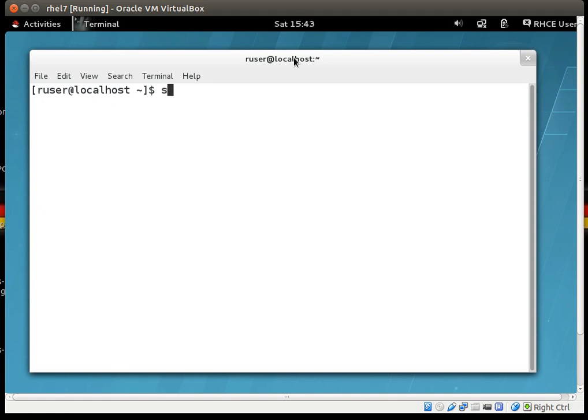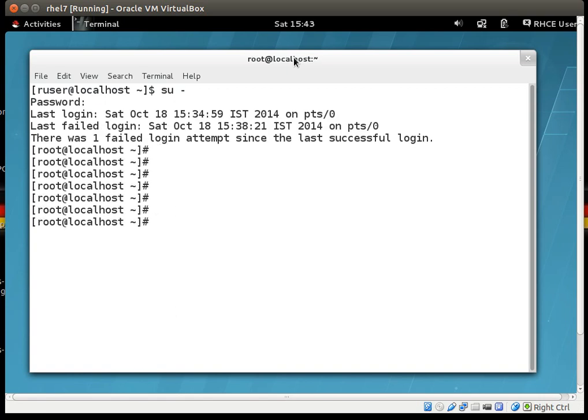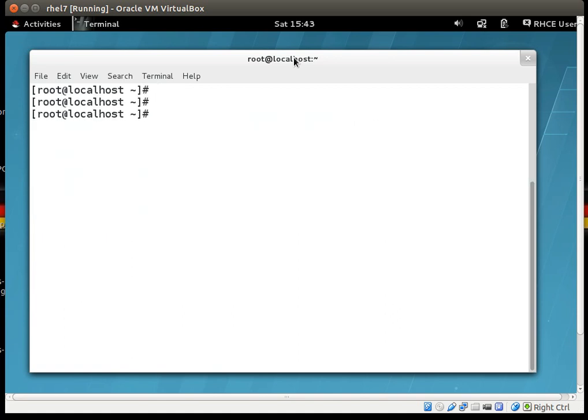Okay, now I can go to root, su, and I give the password. That's fair enough. So here I'll show you how to break the root password. Now let us understand different modes. Before I show you different modes, how to